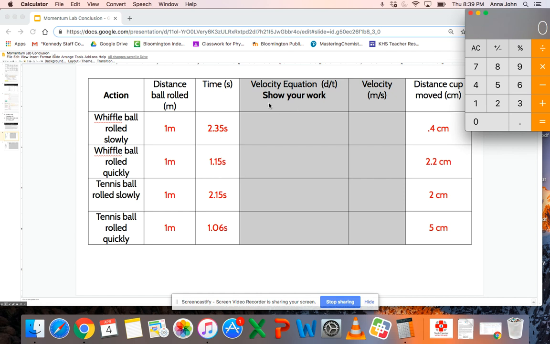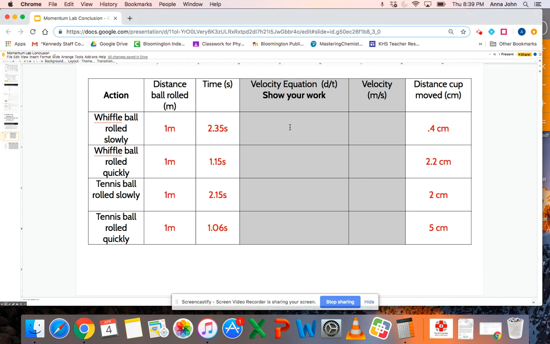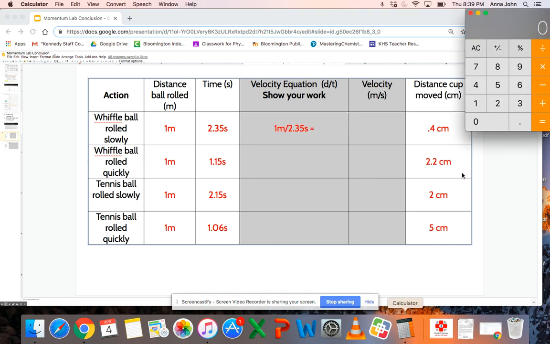What we're going to do first is calculate our velocity. So we know that velocity equals distance over time. We're going to use the distance the ball rolled from the first column divided by the time it took for it to roll. So we're going to take 1 meter divided by 2.35 seconds. And then we'll have to put that in our calculator. 1 divided by 2.35